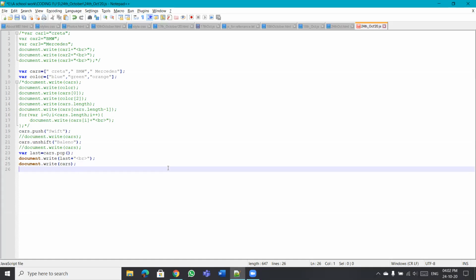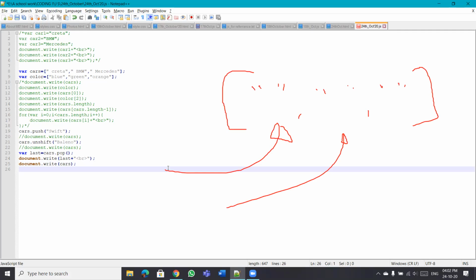So we just understood the pop method. Right now pop will only remove the last element of the array. Suppose this element has got, for example, 3 values, and we want to remove only the first value, or only the second value. For that, we will make use of a function named splice.